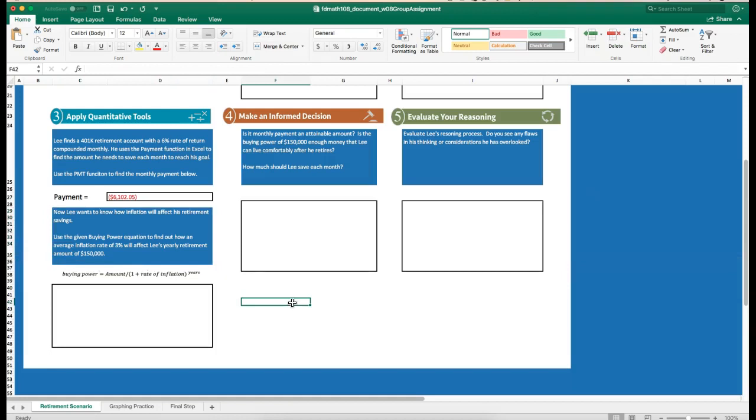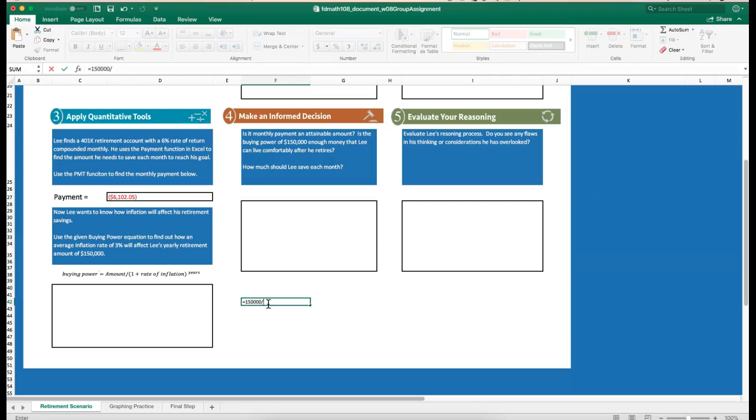Okay, Lee wants to know how inflation will affect his retirement savings. Use the given buying power equation to find out how an average inflation rate of 3% will affect Lee's yearly retirement amount of $150,000. So our buying power will be how much those dollars will be worth compared to today's money. So we're going to do a little calculation. I'm going to do it over here, because we're going to do his amount, which, sorry about that, equals the amount is